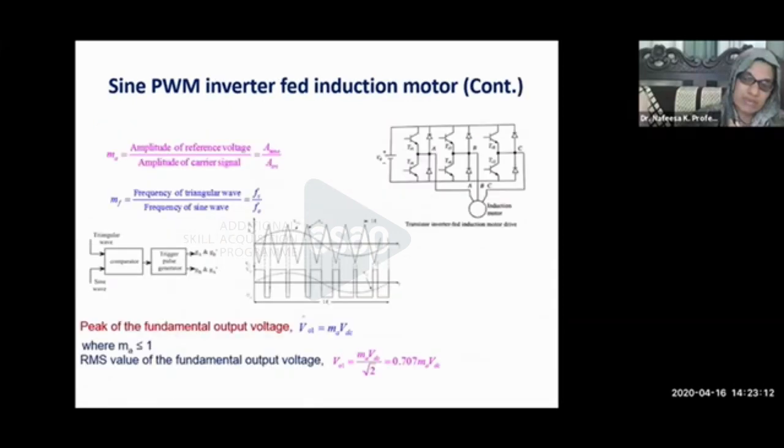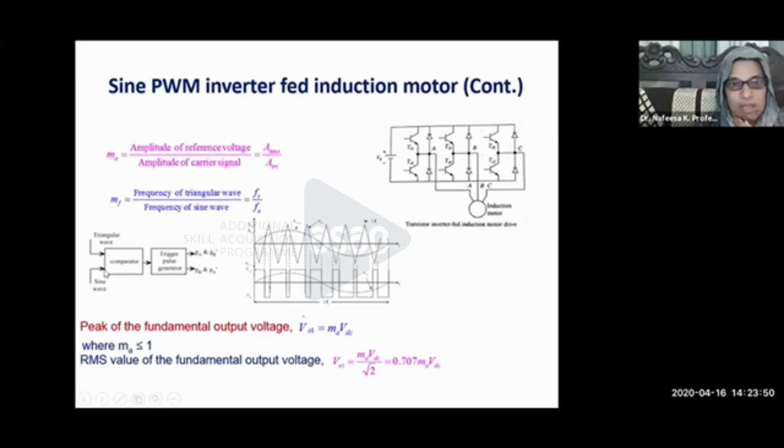This is a sinusoidal PWM inverter for induction motor control. PWM is just a comparator. This block diagram shows the PWM operation, in which we give two waves to the comparator. It compares a triangular wave with a control wave. You can call this a reference wave or control wave, and here our control wave is a sine wave.